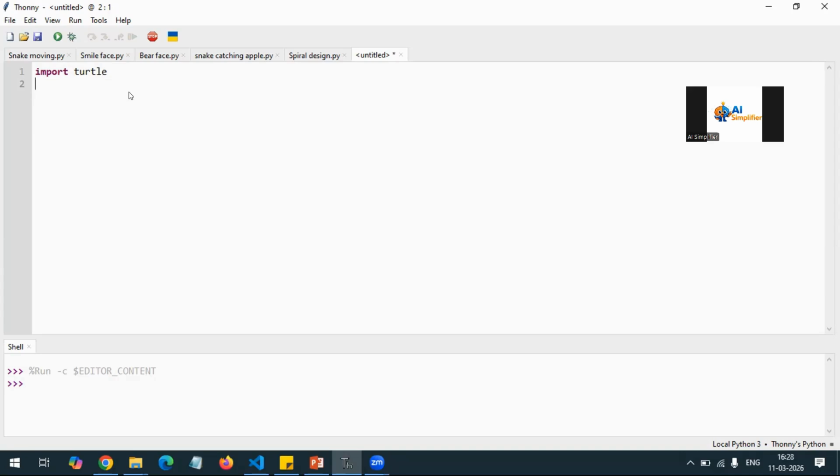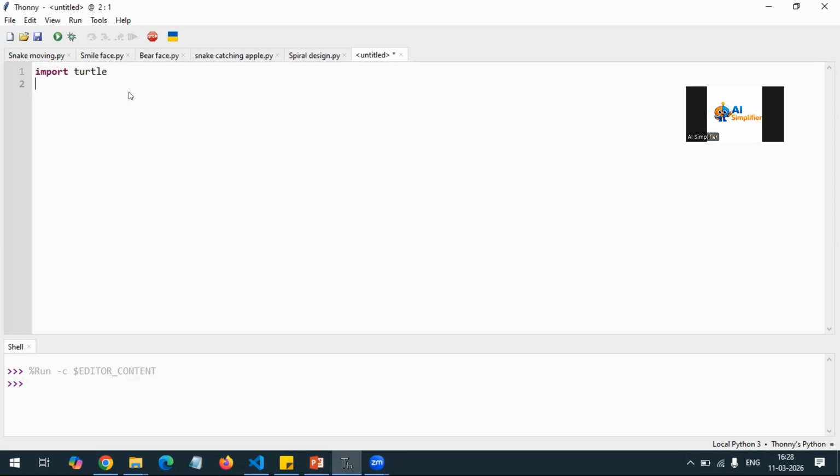This turtle is nothing but a robot pen which moves as per the instructions you give. If you instruct the pen to move upward, then your turtle will move in the upward direction. If you instruct the cursor to move downward, then your turtle will move in the downward direction. So turtle is basically like a robot pen.